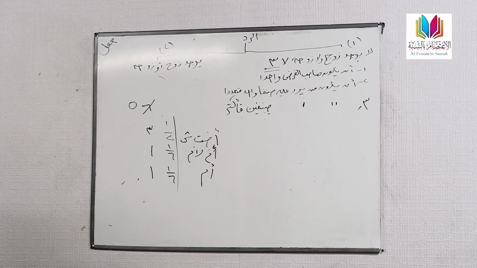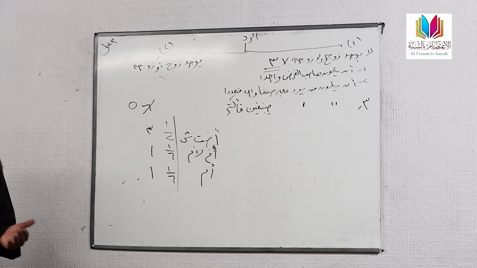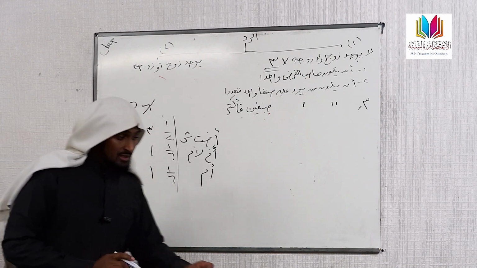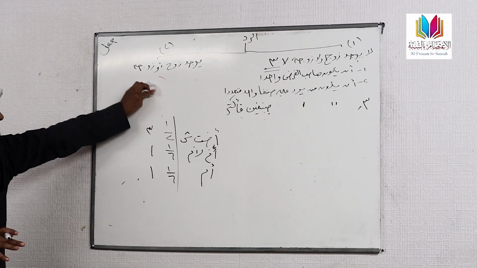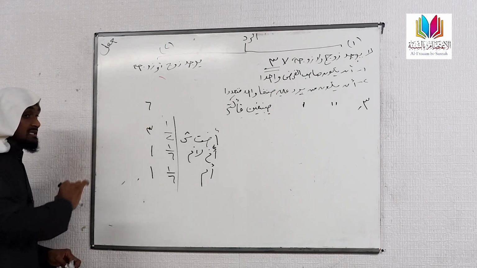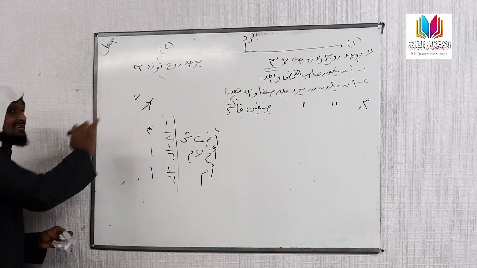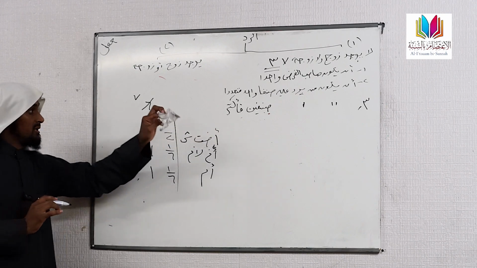Yes, excellent. We're both trying to fix a problem here. But the way we fix Awl is different to the way we fix Rad. So for Awl, normally we would say this is 6. Sah? Let's say it's an Awl mas'ala, and for Awl, let's say that's 6. We're going to say no, we're going to get rid of it and make it 7. So we're making the asl mas'ala bigger.